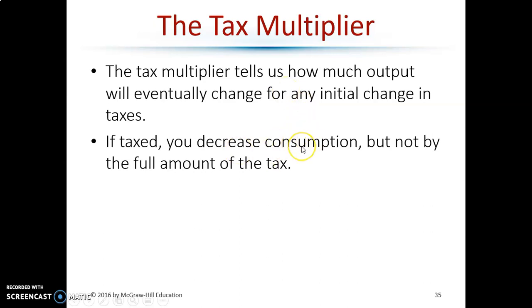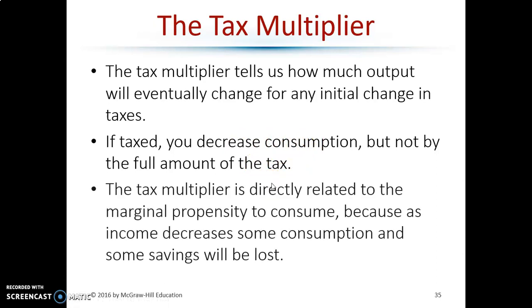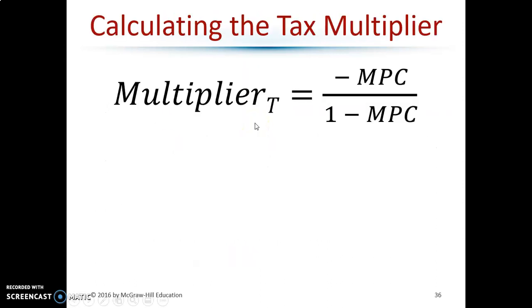Your consumption will decrease when you're taxed, but not by the full amount of the tax. Again, there's going to be some savings there. The reason we have a different equation for the tax multiplier, and this is what the equation is, we'll get into why it's this way in a second,